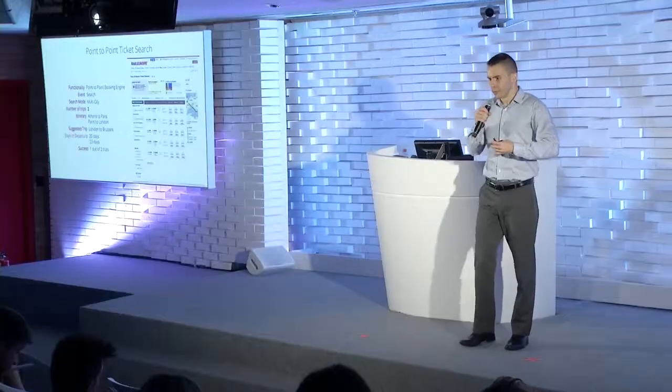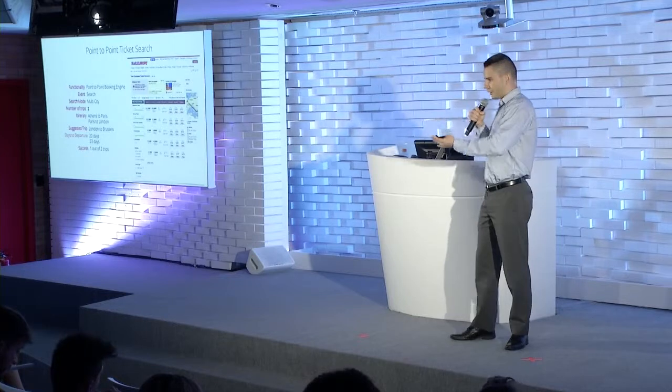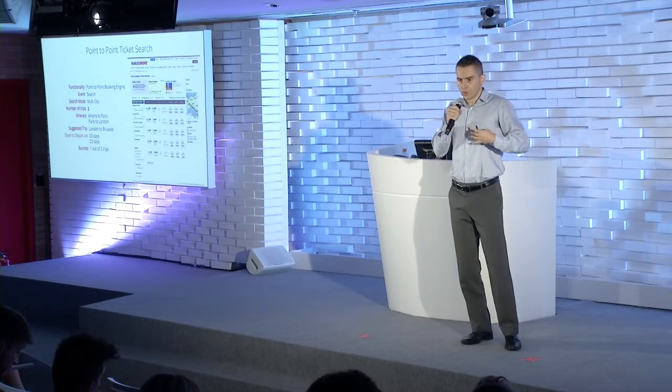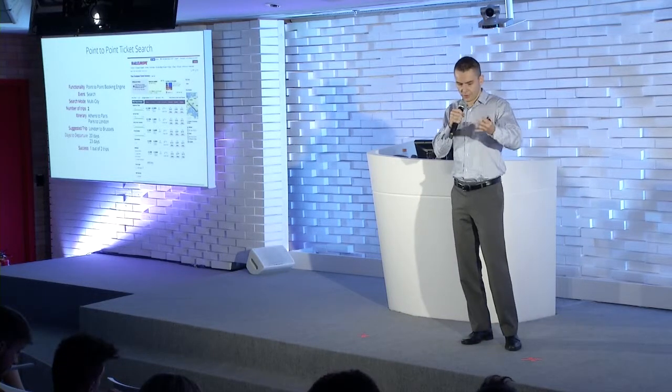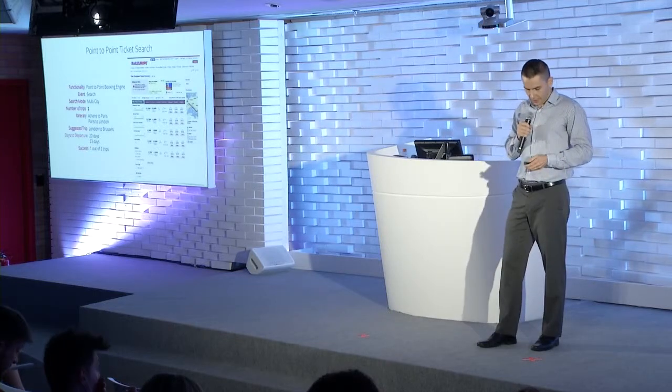And sometimes we're able to find a schedule, there's a train, but sometimes there is no train. So sometimes we're able to find results, sometimes the search fails. So it's very important to know when you're able to find results or if the search is failing. So all this data, you can send it in real time as it happens to Google Analytics using custom event tracking. And then you're going to be able to see reports like this.